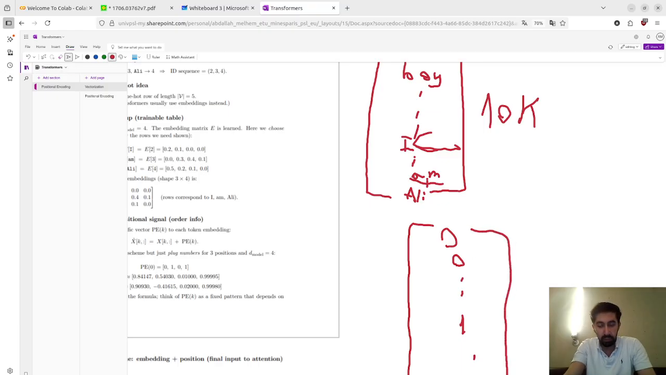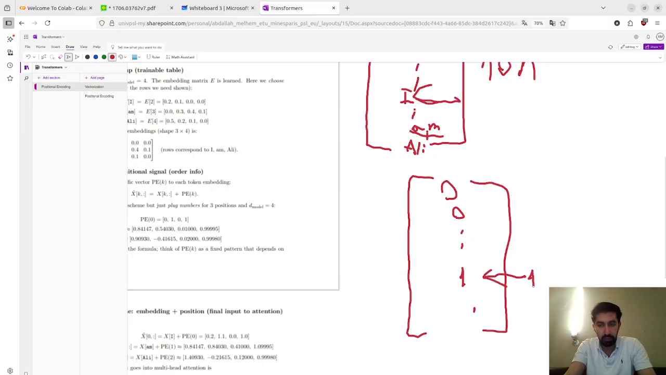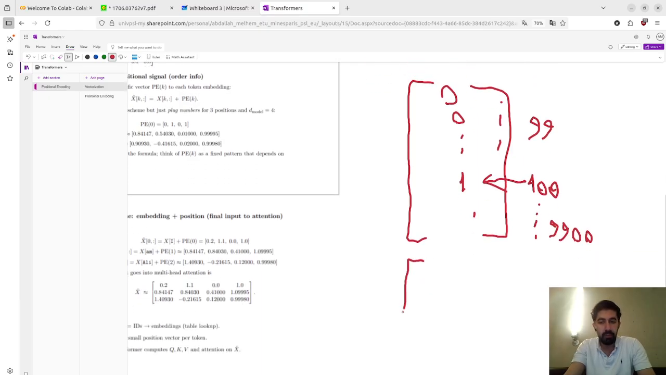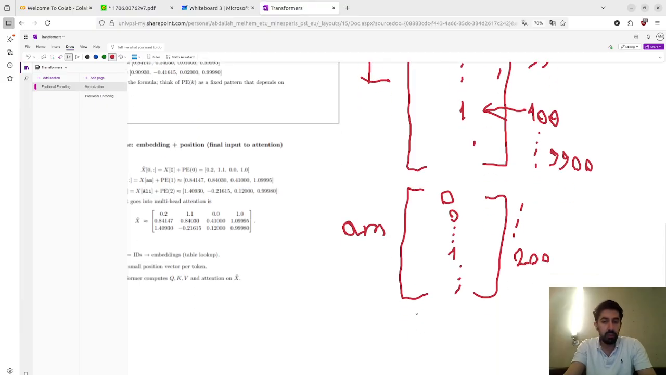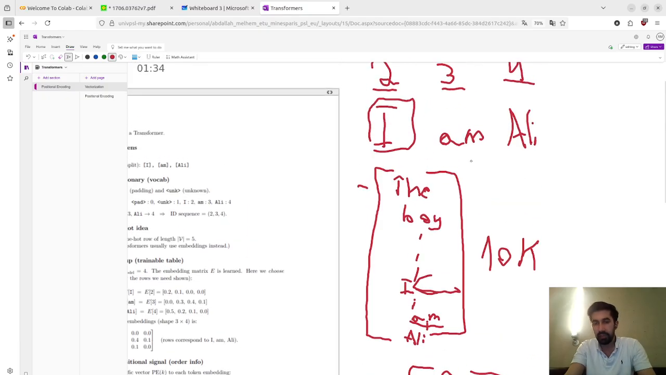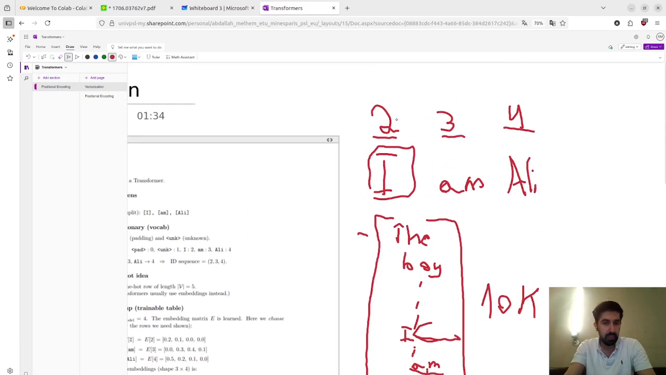And this is called one hot encoding. And this is at position 100. Okay? And here we have 99 zeros, and here we have 9,900 zeros. We do the same for am. Let's say am is at position 200. Then we'll have zeros everywhere, then a 1 after 200 indices, and then 9,800 zeros. Okay? We do the same for Ali. After we get our one hot encoded vectors as well as the position,